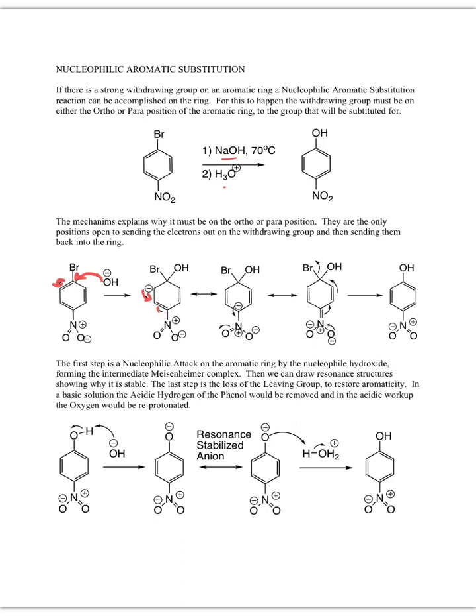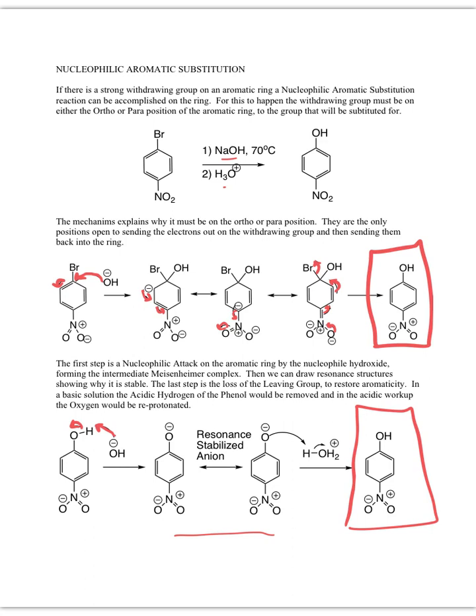Oops, drew that arrow poorly. Send the electrons out onto the nitro group, and then we can send the electrons all the way, and we could have drawn that all the way at once, all the way back through. So we end up with the OH on there, then we're in base. We have to do what everybody doesn't like, take the hydrogen off to form the phenoxide, and then put the hydrogen back on, because this is resonance stabilized, and we get to the product. Okay,